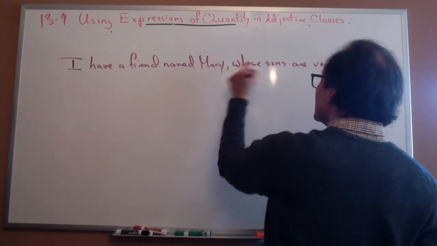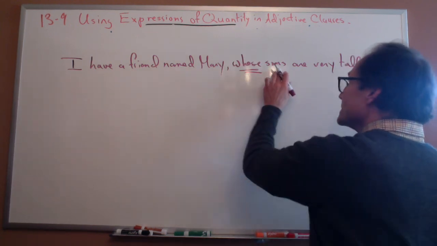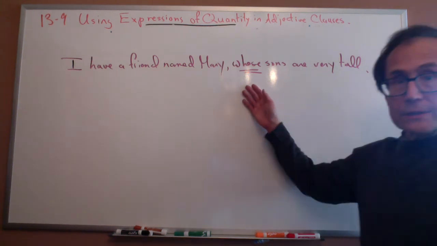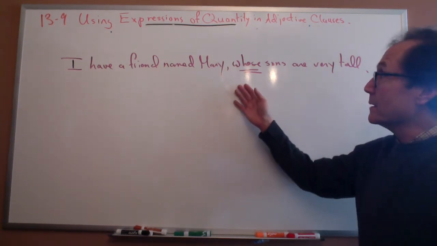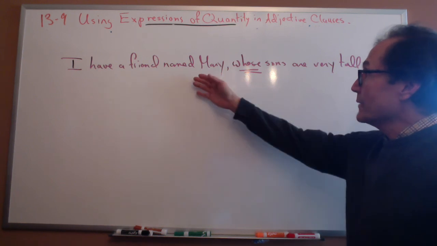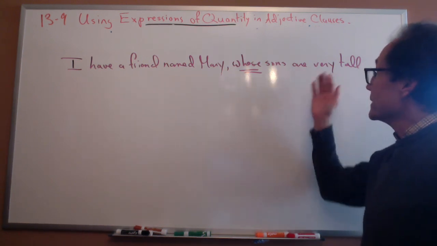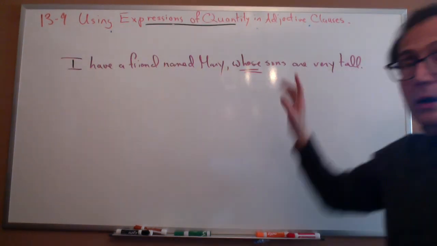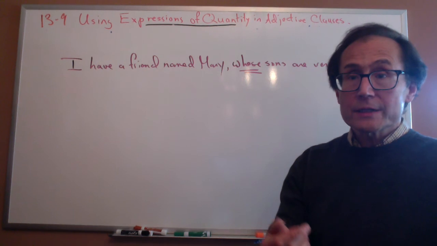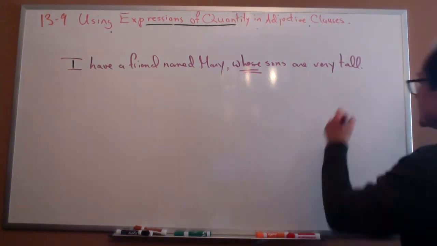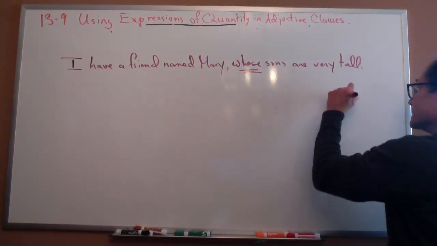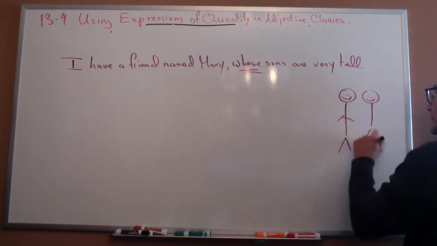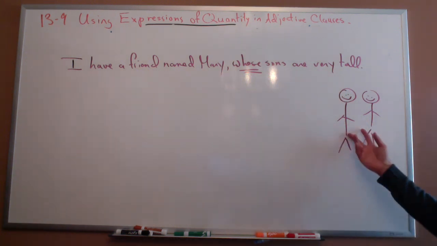And again here, I use the whose to show that the sons belong to Mary. So, if an English speaker hears this, the English speaker thinks, oh, well, I have a friend named Mary whose sons are very tall, period. That means all of the sons are tall. But let's say I only want to say 2 of the sons are tall. Let's say it looks like this. Here are Mary's sons. Here I've got two tall ones. Now if she only has two sons, I can say